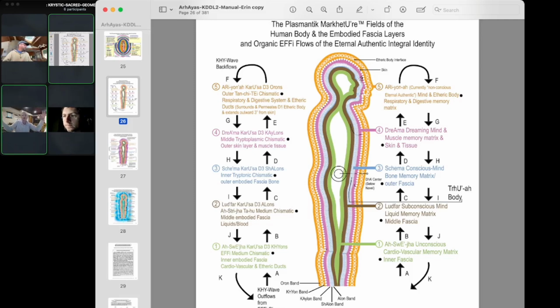Okay, so the 15 layers of the Rasha body get divided into 5 groups of 3, right? Just like the Rasha divides into the density levels, the 5 densities. So the 15-layer Rasha body becomes, in my mind, a 5-layer plasma body, so to speak. The number 5 layer, which would be the outer layer, corresponds to the Orons of the Rasha body, which are all on the outside. They're the outer orbs, sparks you could call them, that go around the outside. This corresponds with this number 5, the Ariona Carusa. This is the outer Tanchidi